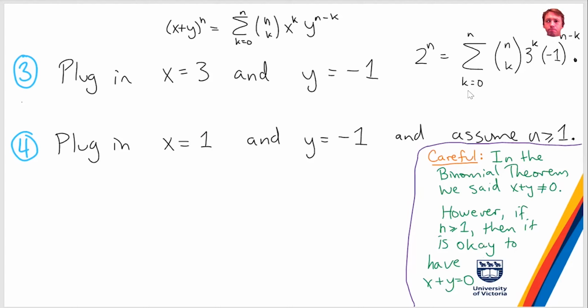You've got 2 to the n equals sum from k equals 0 up to n choose k. So 3 to the k just comes from plugging in x equals 3, and negative 1 to the n minus k comes from plugging in negative 1 for y. So you have this weird alternating sum, right? Because every term, so the first term, well, depends on the parity of n, but you're going to get negative terms and positive terms adding up with this power of 3, and somehow, magically, this equals 2 to the